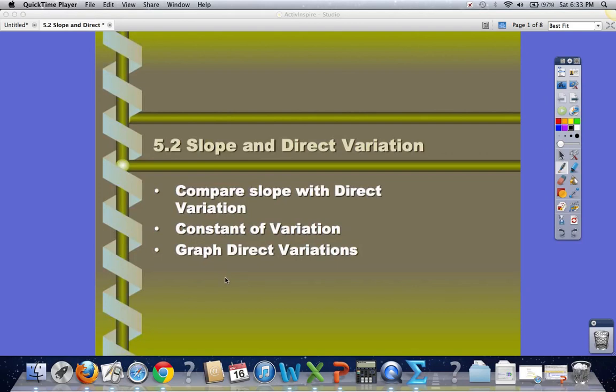5.2, slope and direct variation. We're going to be comparing slope with direct variation and finding out the constant of variation, and we're going to be graphing those direct variations. All right, so